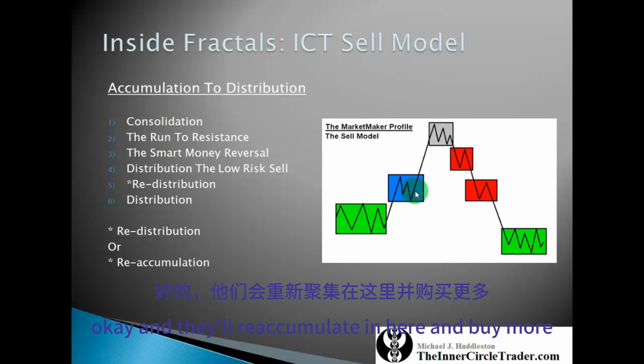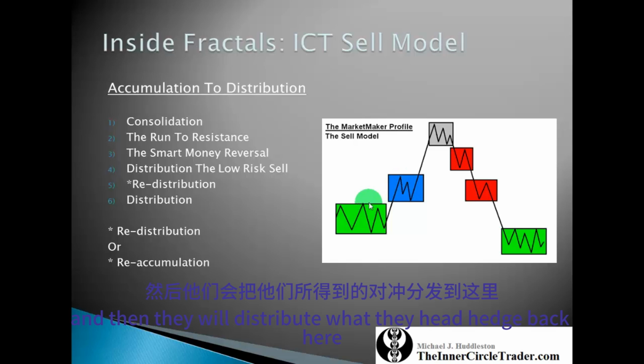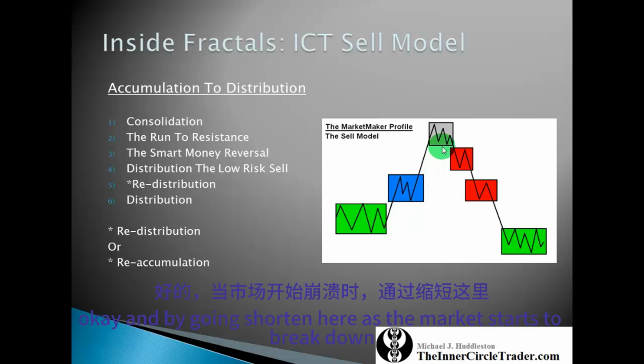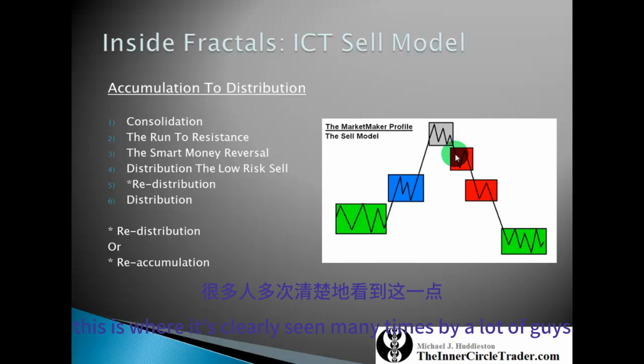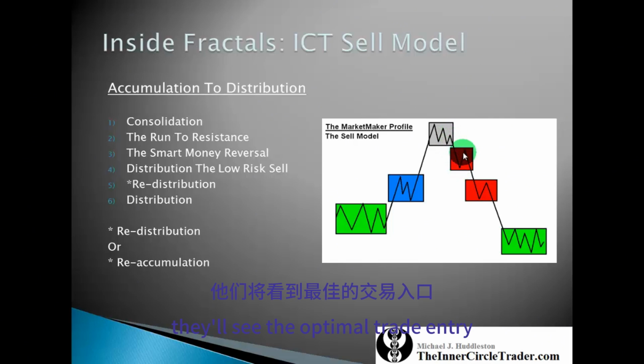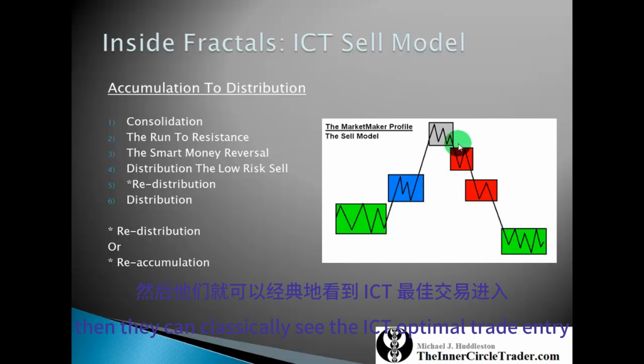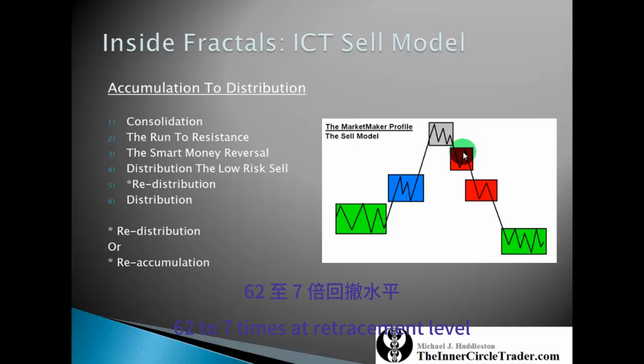And they'll reaccumulate in here and buy more, and it'll run to a level of resistance, and then they will distribute what they had hedged back here. And by going short in here, as the market starts to break down, the next level is the distribution for the low risk sell. This is where it's clearly seen many times by a lot of guys in my camp where they'll see the optimal trade entry. Market structure will break up here, then they can classically see the ICT optimal trade entry, 62 to 79% retracement level, or what we dub classically the 70.5 fib retracement level into a previous order block,